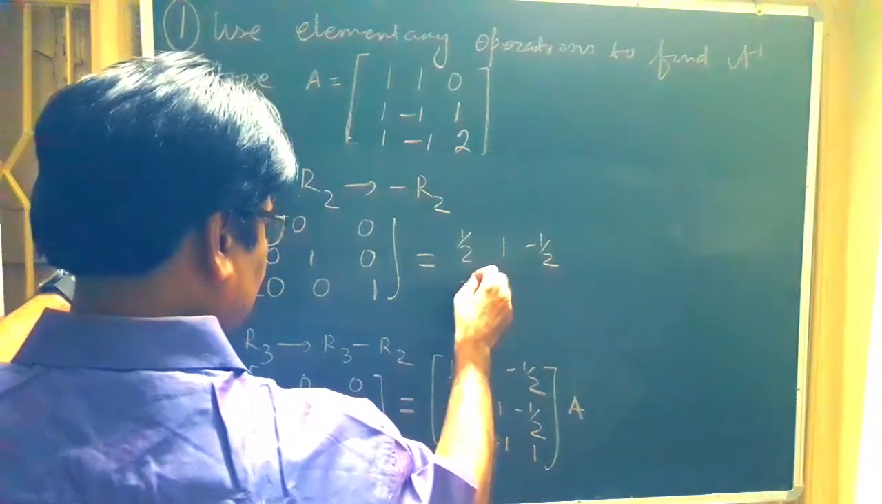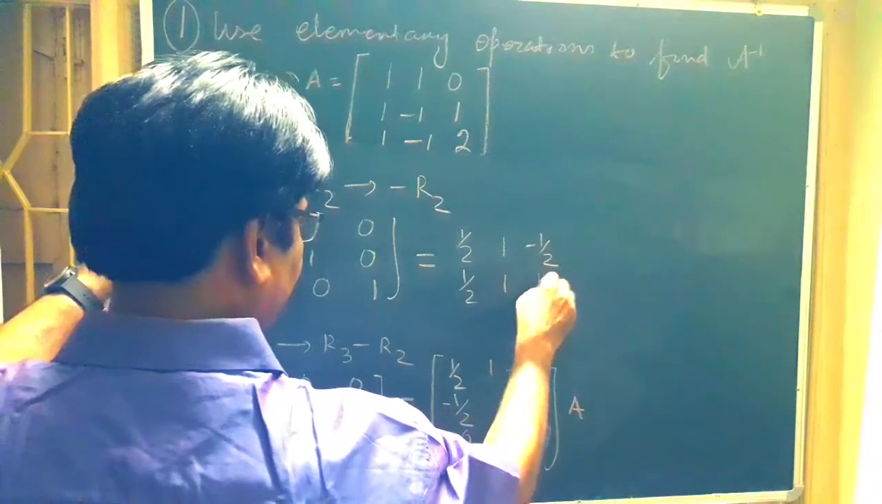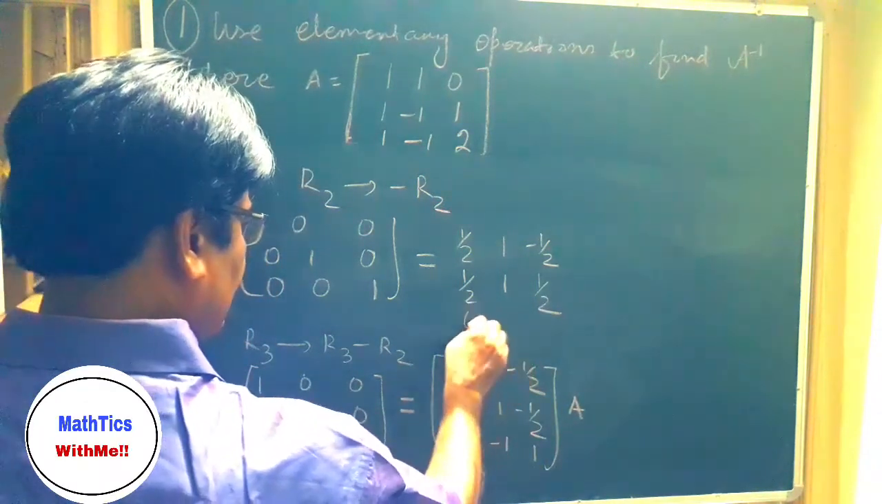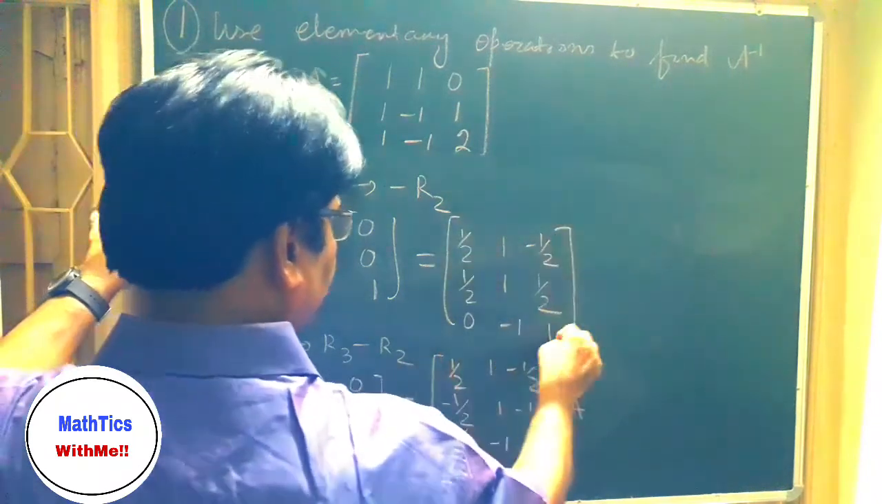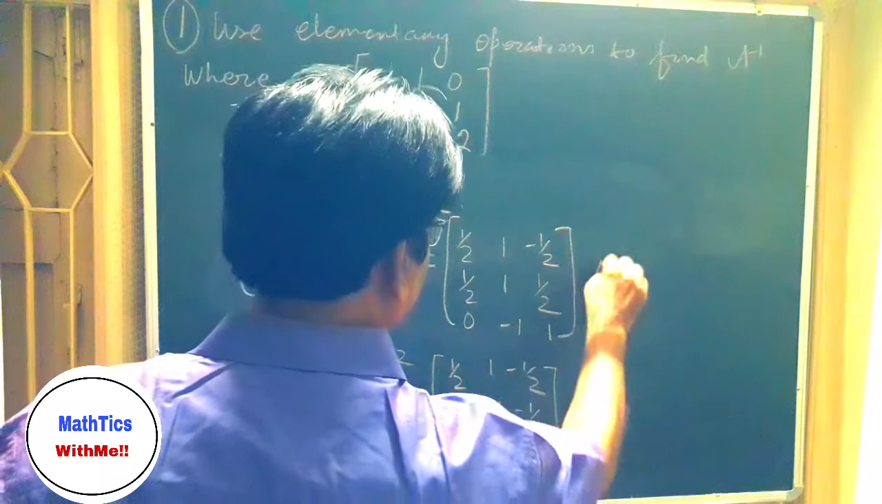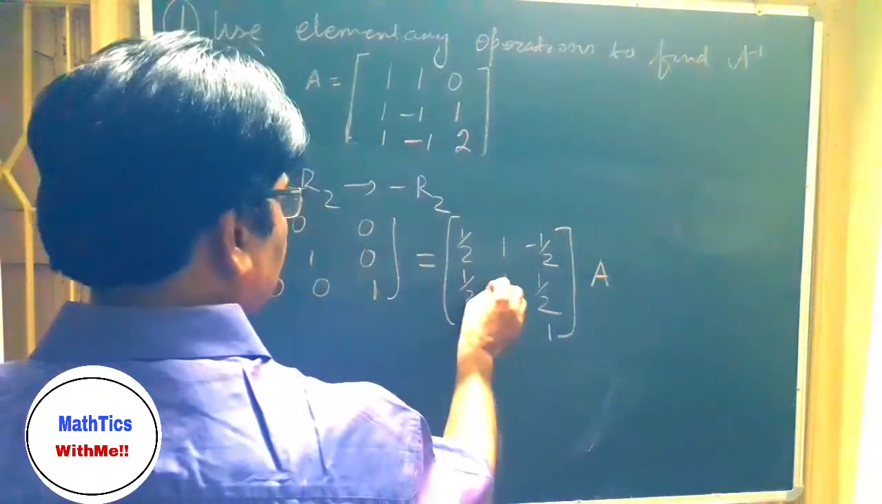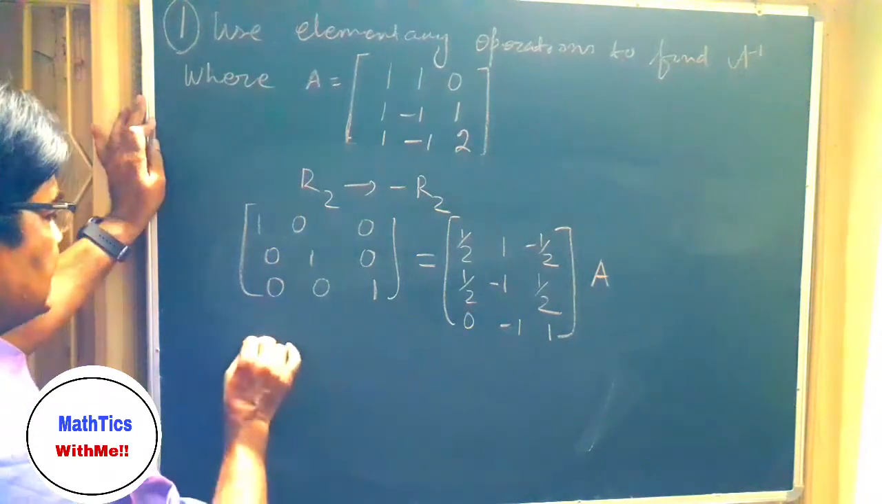This is 1 by 2, 1, 1 by 2. And this is 0, minus 1, 1. So if we multiply, this will be minus 1 actually. Okay, so we get